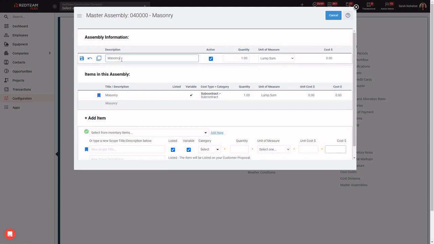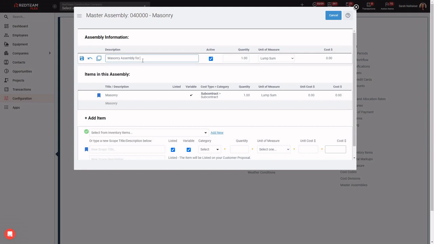Now I may leave it as masonry if I'm simply putting in the standard breakdown for masonry that I use on every single project. But if I plan to have several different types of breakdowns or assemblies for the masonry cost code, depending on the type of project, I can use this description here to tell myself when I might use this. So we're going to say masonry